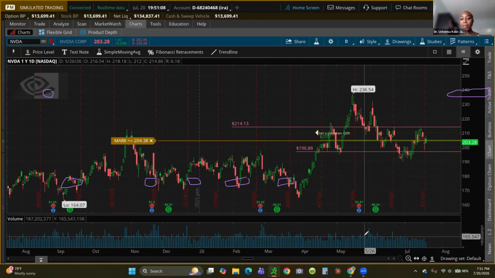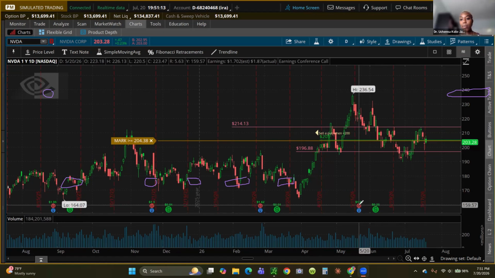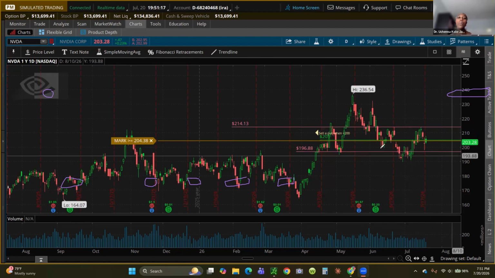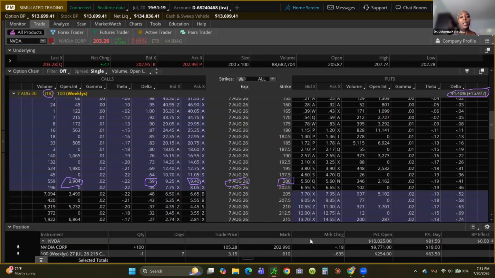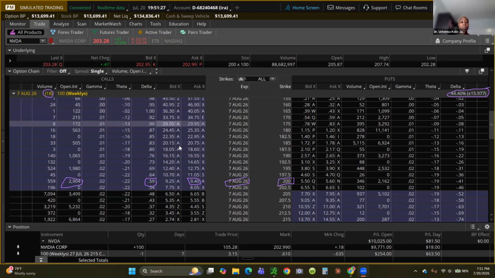Earnings already happened on May 20th. So on August, there's no earnings before we put on the option contract. So this is an example of a trade. If you believe that NVIDIA is going to go up, you could put on this trade because it fits our rules. The open interest is high,